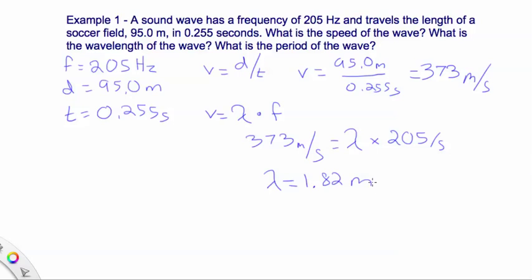The last question is, what is the period of the wave? We don't have a whole lot of options here. The only equation we have with period is frequency equals 1 over period. So our frequency equals 1 over our period. To find the period, we do 1 divided by 205, and we can find that the period is very small,